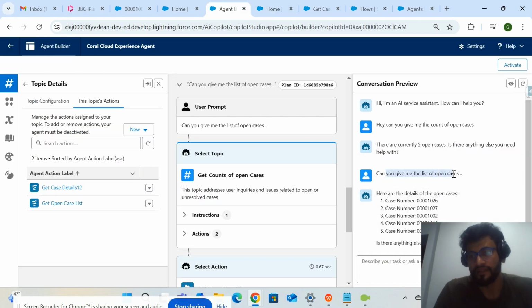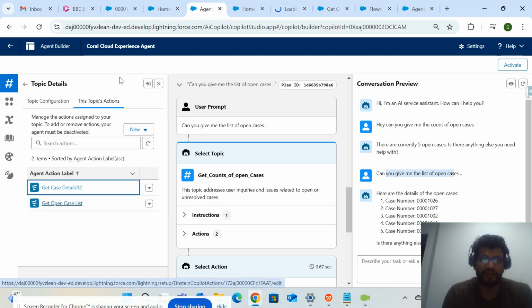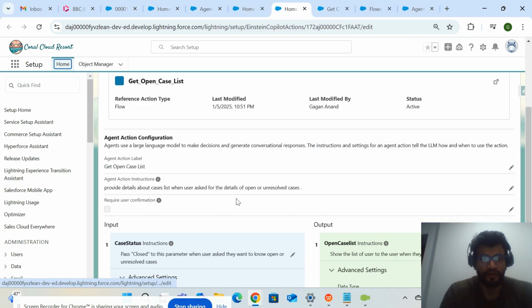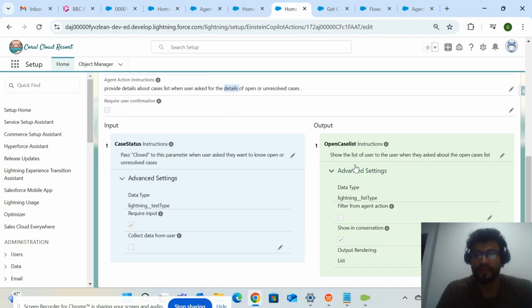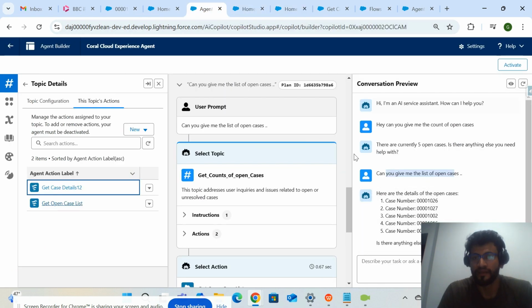And when I ask about the list of the open cases, here as well I have added the instruction: please provide the case list details when the customer is asking about the details of open or unresolved cases. I was asking for the list, so that's why the list which is coming here is returned in the conversation